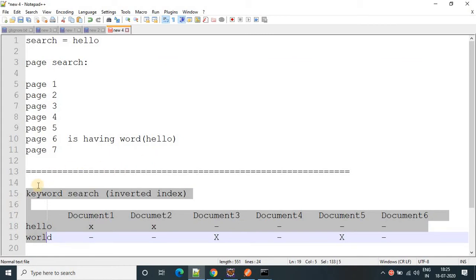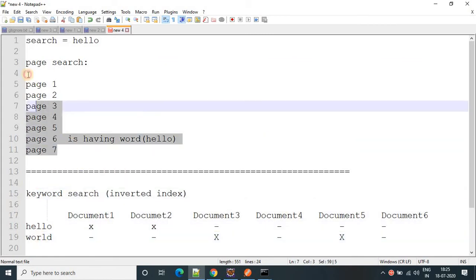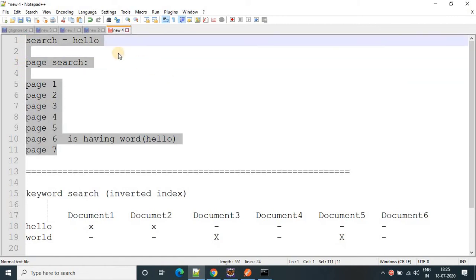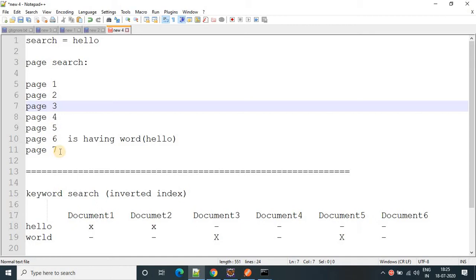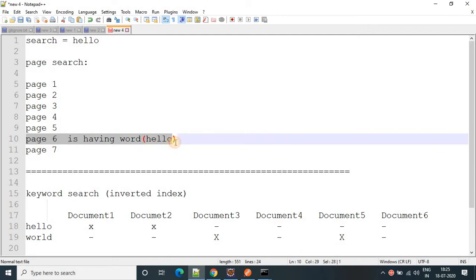So for the time being, just forget about Elasticsearch. Let's talk about how a word is searched if I am talking about a database or RDBMS. Okay, so I want to search hello. So here we have page 1, page 2, page 3, page 4, and page 7. And this hello word is present in page 6. So if I start searching the hello word